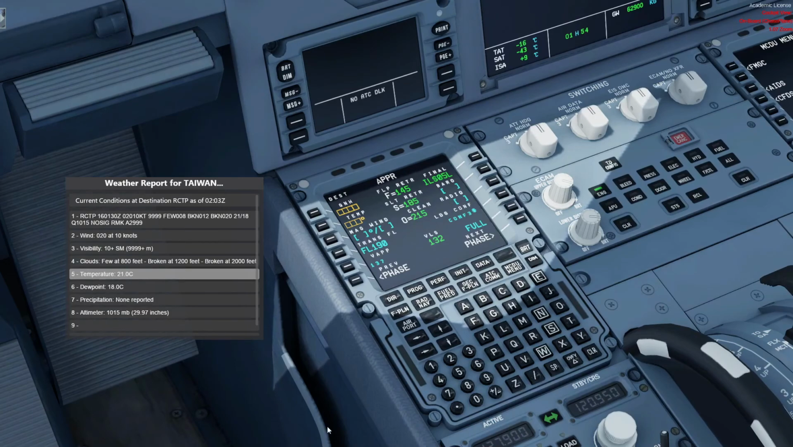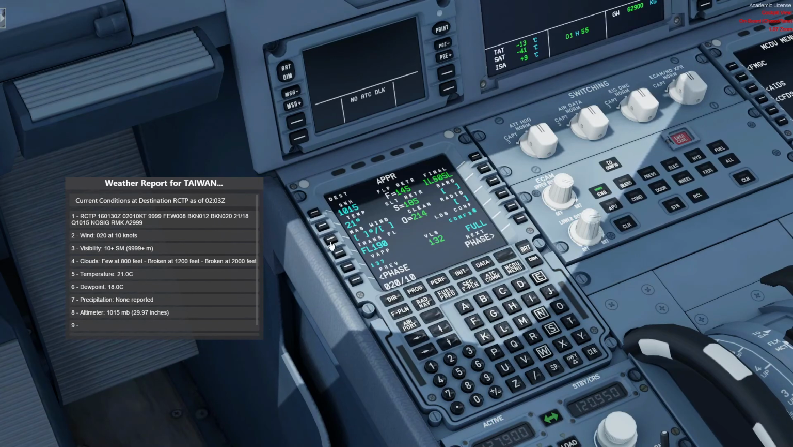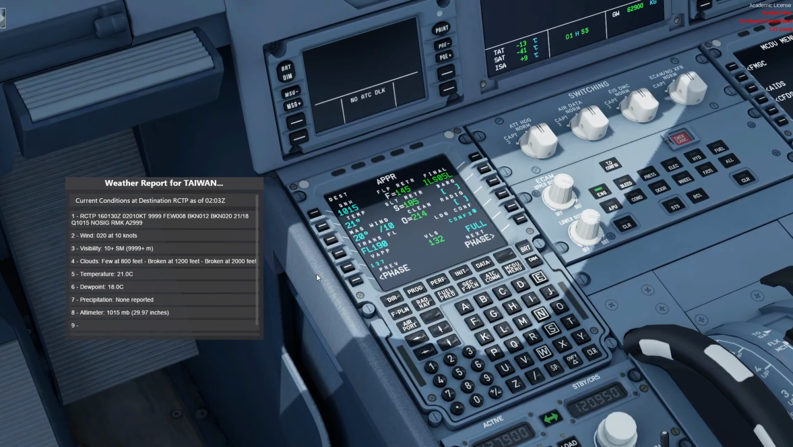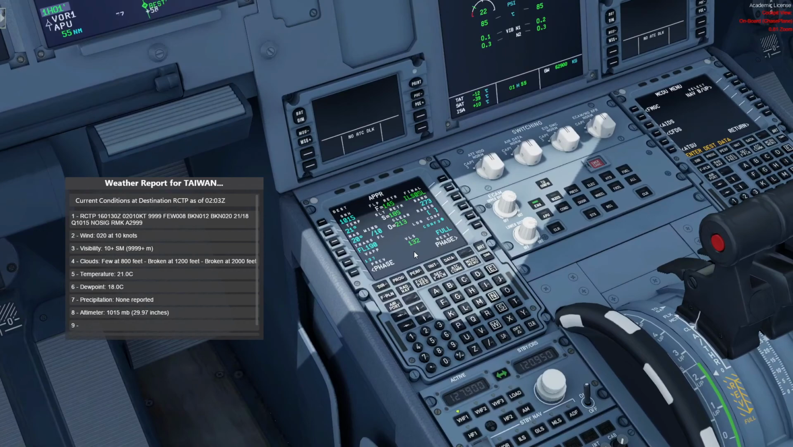And what's the weather? QNH 1015. Outside temperature 21 degrees Celsius. The wind 20 degrees at 10 knots. Okay, runway 05. Barrow, it's 273 for the ILS, and the approach speed